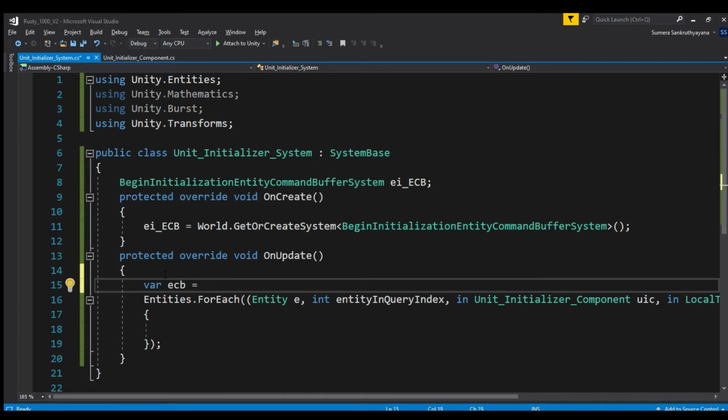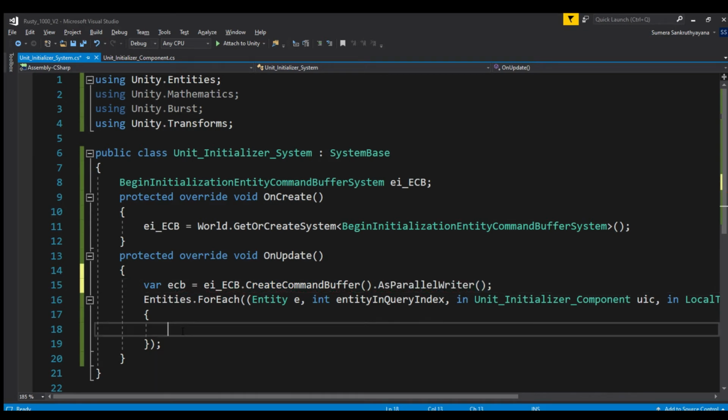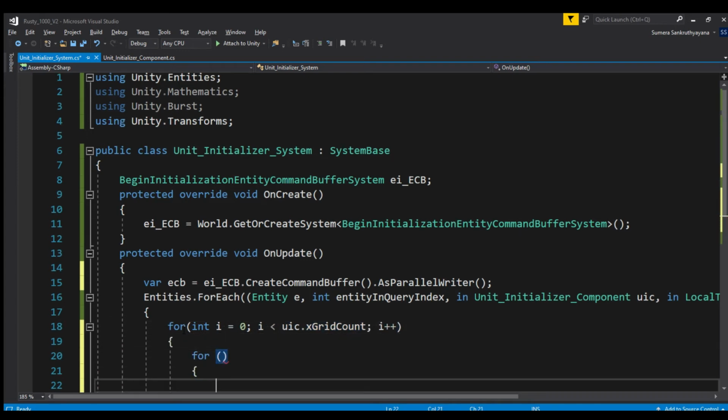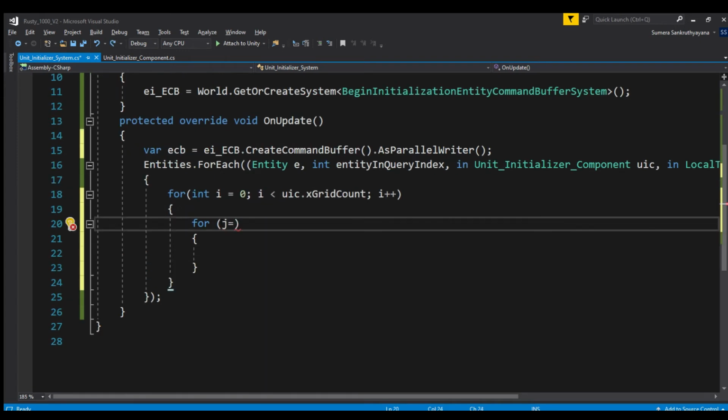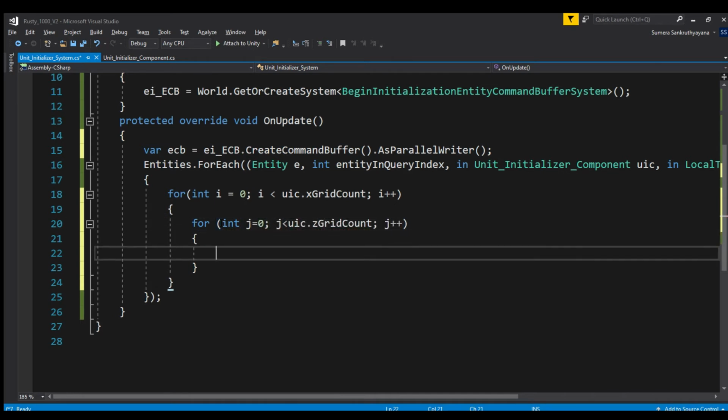Our parallel jobs will be simultaneously writing to this command buffer, so we need to get the concurrent version. ToConcurrent is deprecated, hence we have to use AsParallelWriter, which can safely be used in parallel jobs. Now we can use the EntityCommandBuffer instead of EntityManager, and it works inside a parallel job. Here we can create a new entity, reference a converted prefab, add a new component or data just like we would